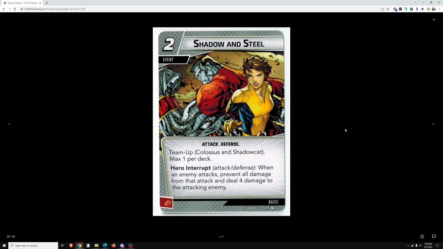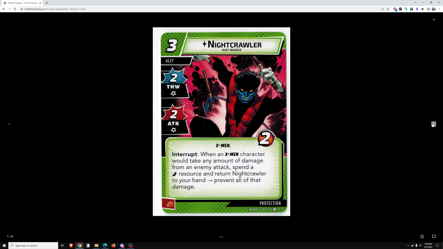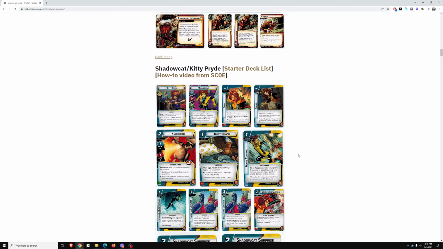Shadow and Steel, 2-cost event that's a team-up for Colossus and Shadowcat. When an enemy attacks, prevent all damage from that attack and deal 4 damage to the attacking enemy. It's good value if you're running Colossus and Shadowcat. For heroes, team-ups are nearly impossible to run in a solo game though, but it is good value for a multiplayer game. Energy, Genius, and Strength we've seen before. Is that it for the Colossus side? It is. So let's move on to